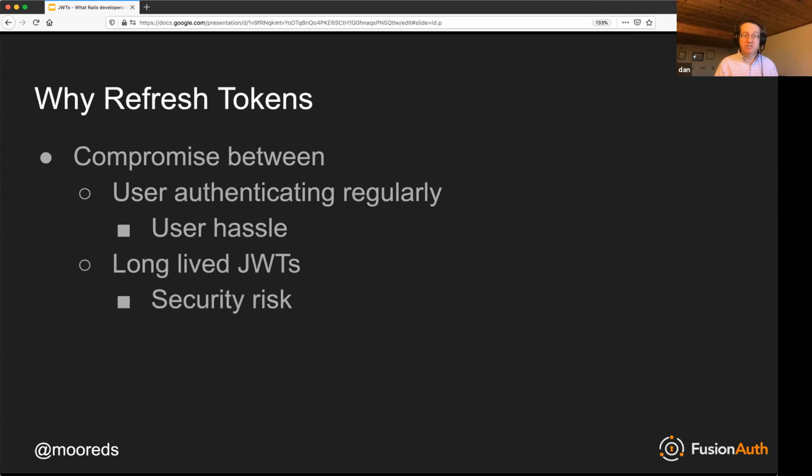The first scenario is you make a JWT very, very short-lived, right? A minute, and then every time that JWT expires, you force the user to log in again, which is a horrible user experience. Or you make the JWT long-lived, like, oh, screw it, I'm going to make it live for a month. And then you have this security risk because even after a user logs out, that JWT is still valid, to the point of the person who asked that question earlier. And that obviously is a security issue. So with refresh tokens, you can make JWTs short-lived, but not force the user to log in regularly.